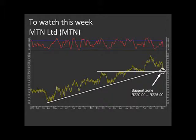Just to let the viewers know why the price has come under a bit of pressure in the last few days: there's some concern around the Nigerian currency, the Naira. That country derives a lot of its revenues from oil exports, and with the oil price having had such a dramatic drop over recent months, there's now concern that their revenues from oil exports are going to drop, and that the currency will devalue. MTN has a fairly significant business in Nigeria, so if the naira was to devalue